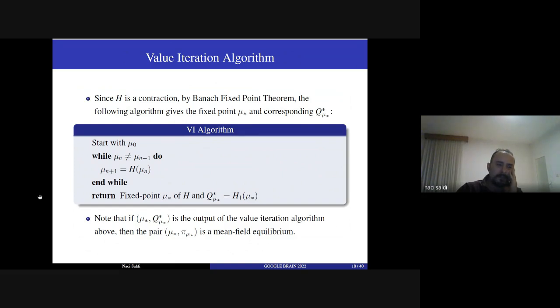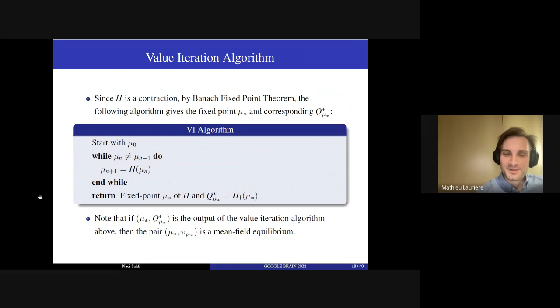So do you have a question? Yes, sorry for the interruption. I have one more quick question. Fine. So here, this one is value iteration in the sense that, so what is the connection with the classical value iteration algorithm? Is it that when you get rid of the mean field term, you recover it?